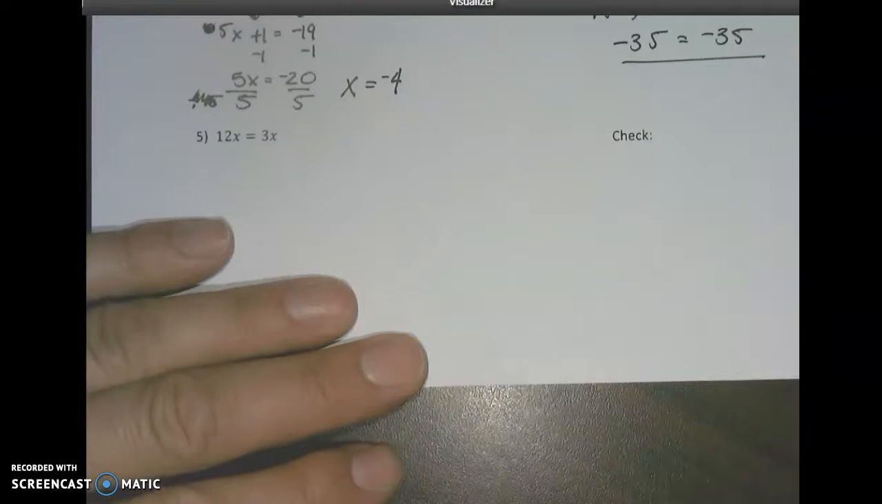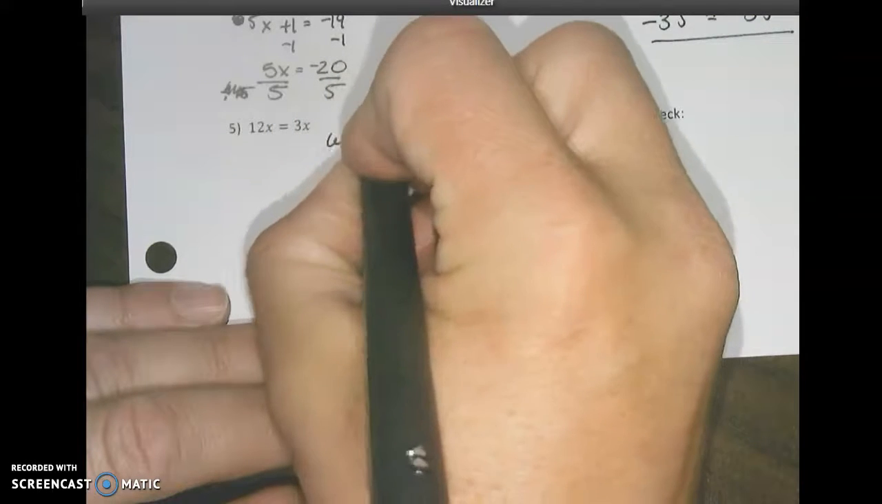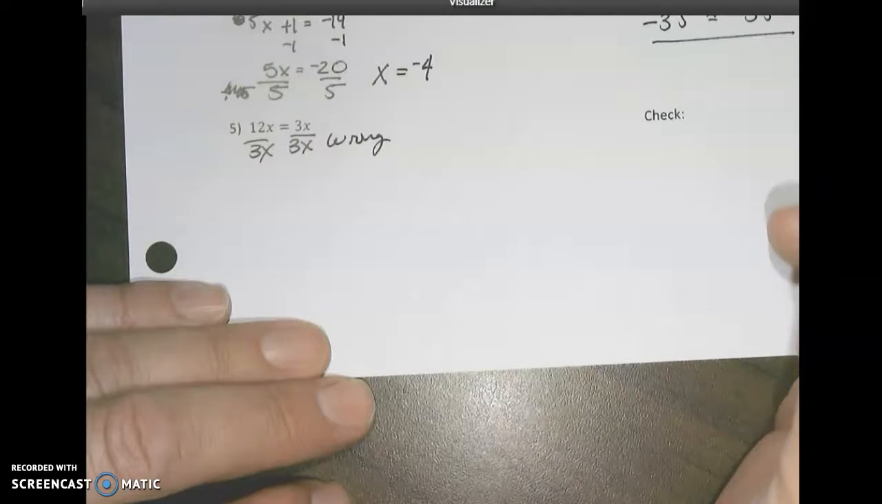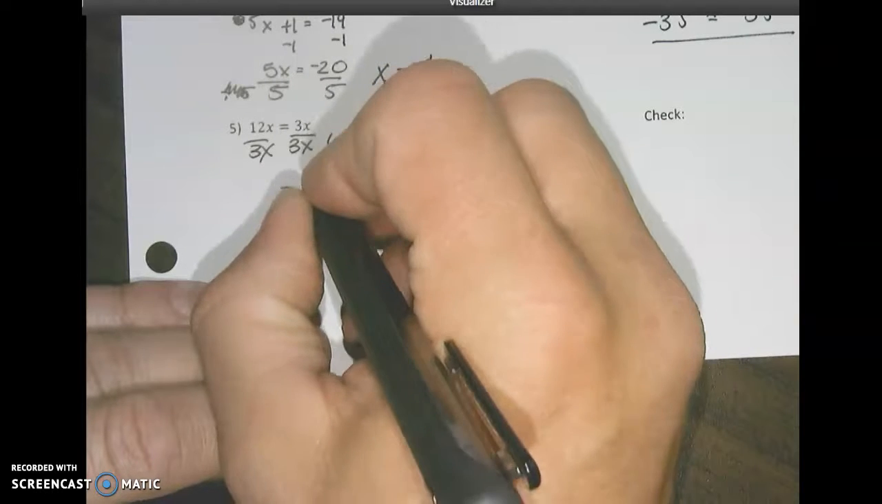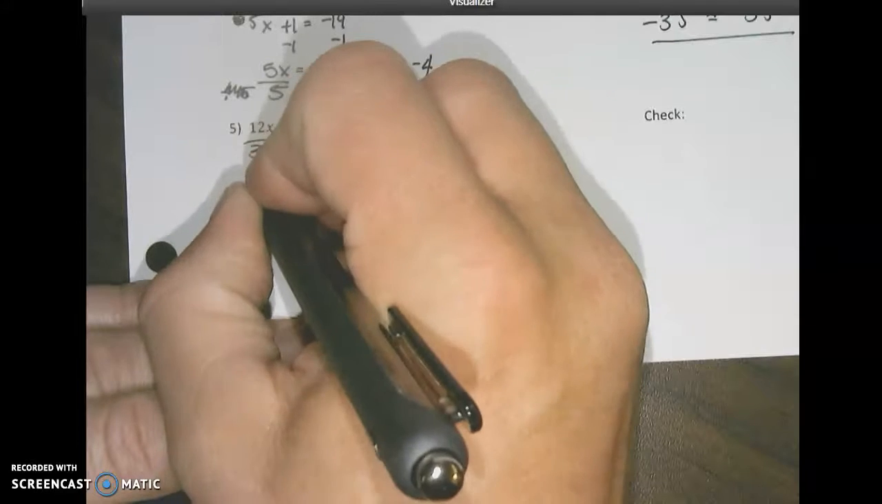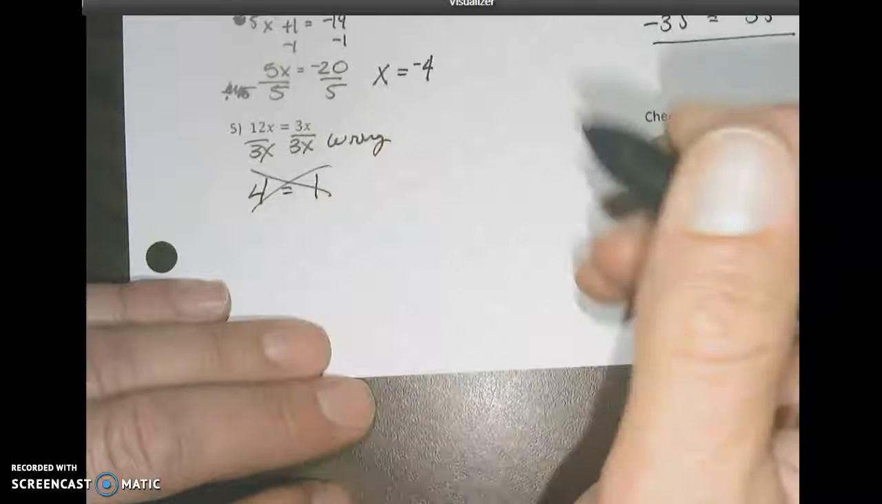On number 5, what I'm going to show you is this is wrong. Okay? You can't just divide by 3x. Because if I just divide by 3x, I'm going to get 1. 12x divided by 3x gives me 4. Okay? That's wrong. All right? What I have to do